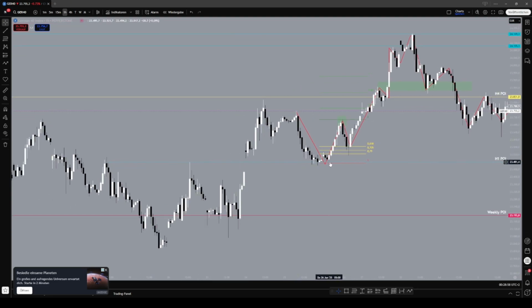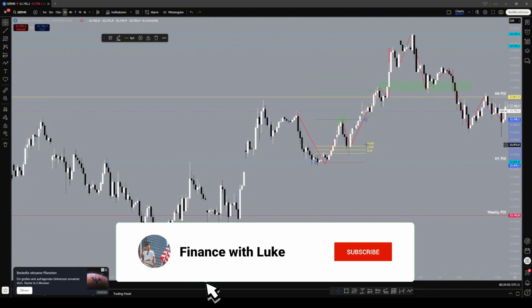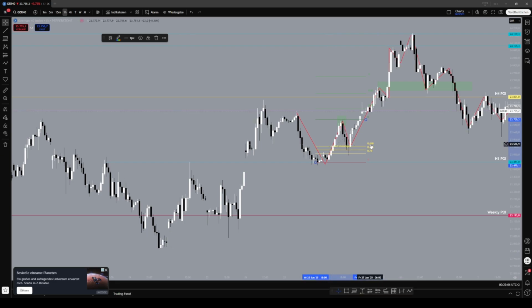So here you can see that the level on itself is working, because if you draw the Fibonacci tool here and look at the